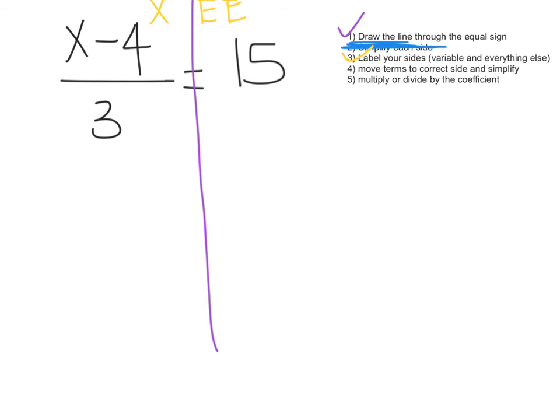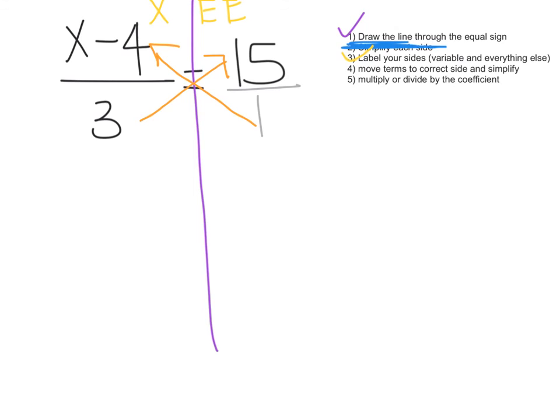Well, the only thing that needs to stay on the left side is this x, but I have 2 things that I need to get rid of, and one of them is the minus 4, one of them is divided by 3, and I know a lot of you are thinking, oh, I hate fractions. Well, the good thing is what makes this easy is really if you have a fraction on one side, remember you need to put a fraction on the other side, because now it's a proportion problem and I can actually cross multiply. So I multiply the bottom times the top on the opposite side, and my problem is a lot